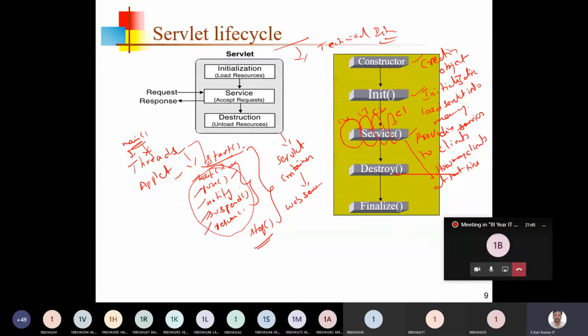So for the number of clients, this service method will be called. The constructor will be called only once. The init method will be called only once, but the service method will be called a number of times. Once servicing